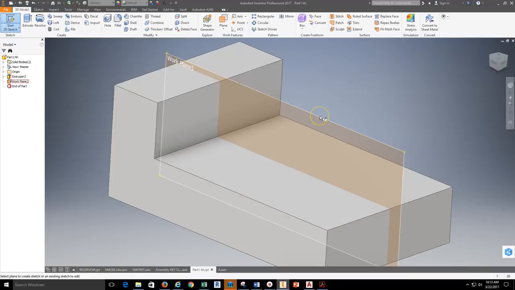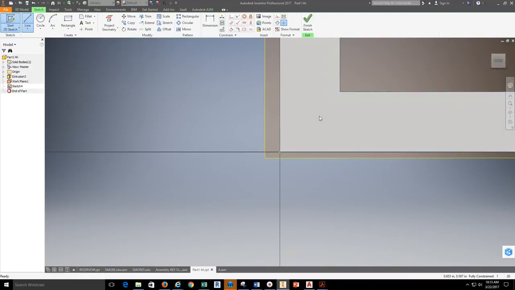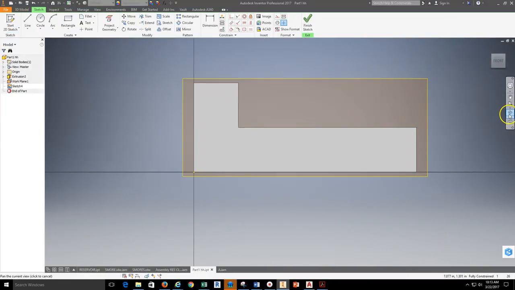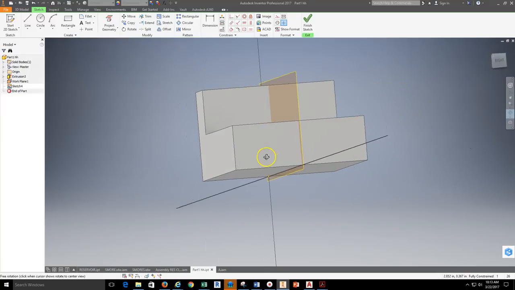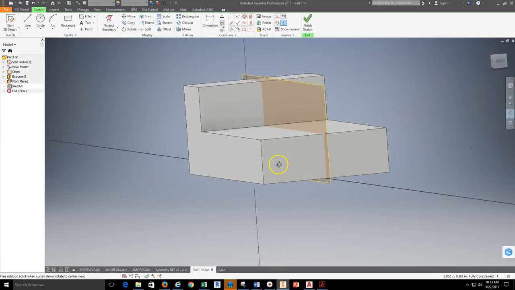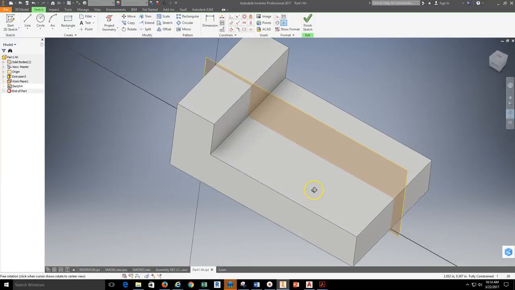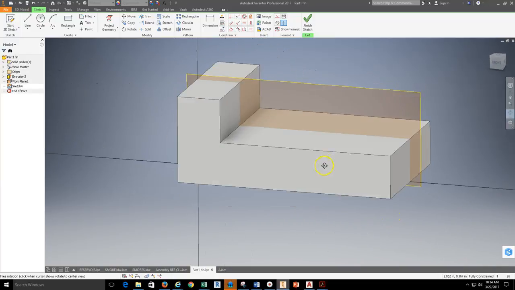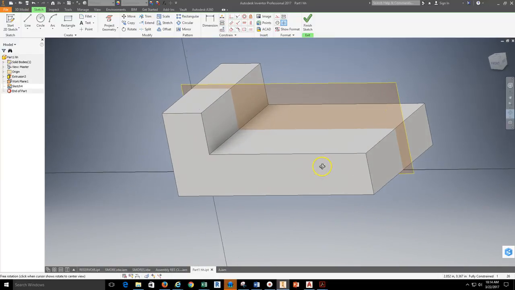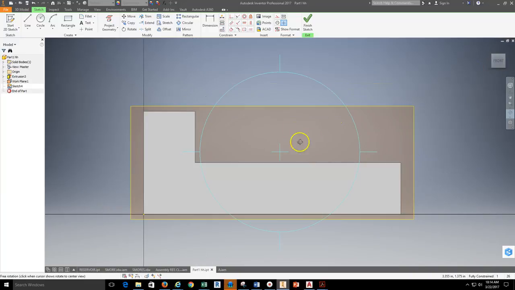I mouse over the edge, and then I select it. What I'm doing now is I actually have a Workplane that is running directly through my part and is based off of that Workplane. Okay, so I can draw on that sketch, and I can function in the middle of my part. So I'm going to use my cube now, so I can actually look at my part directly from that front view,